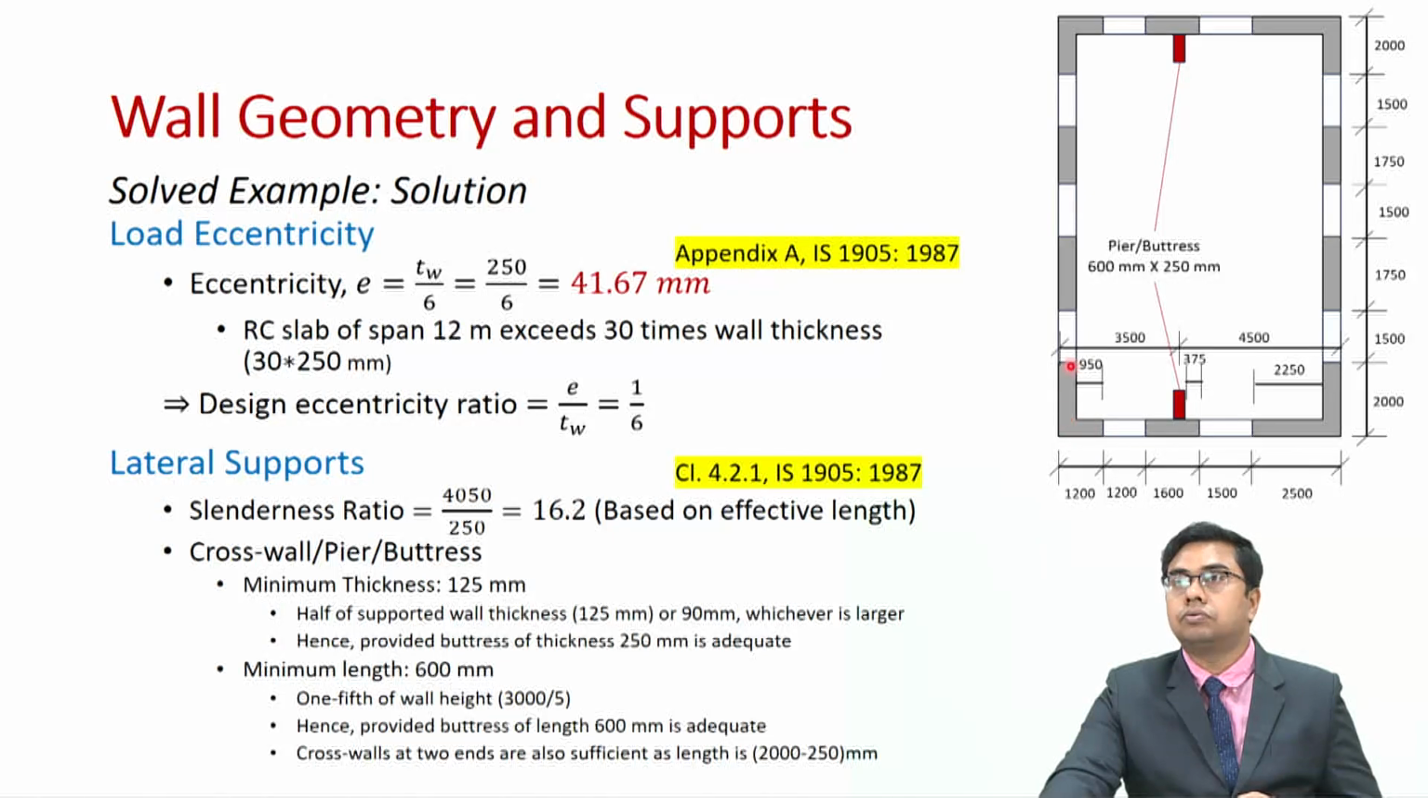So, these cross walls, as you can see, if you reduce 250 from 2000, this is 2000, if you remove this very wall thickness, the supported wall, then still it is larger than 600 millimeters. So, these cross walls are sufficient, and we have provided the buttress or pier which has also length of 600 millimeters. So, this makes this also adequate. So, therefore, our provided geometry of pier, which is 600 mm by 250 millimeters, is sufficient. Now, let us look into